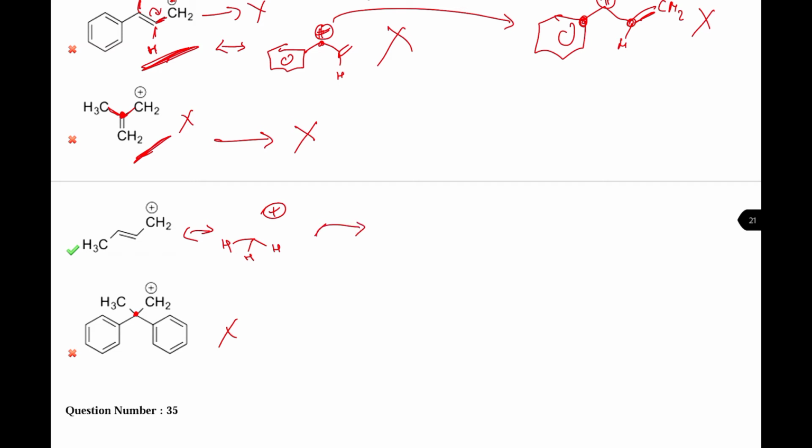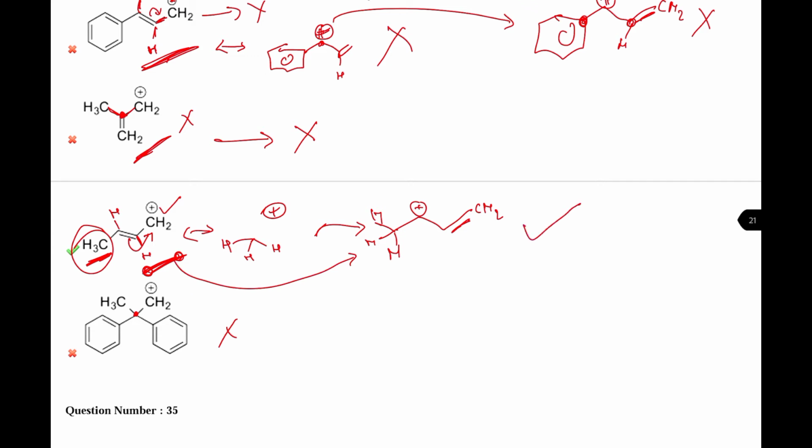If you see the third option, it seems there is no alpha hydrogen, because the cation is here, hydrogens are here, but they are very far away. So if you draw other resonance structures like this, you will get a cation near alpha hydrogens, 3 alpha hydrogens. So just see the trick, that it is not directly given in the molecule, but if you draw the resonance structure you can see alpha hydrogen. So this option is right. And then finally this option, there is obviously no chance of having an alpha hydrogen, there is no other resonance structure, so this option is also wrong.